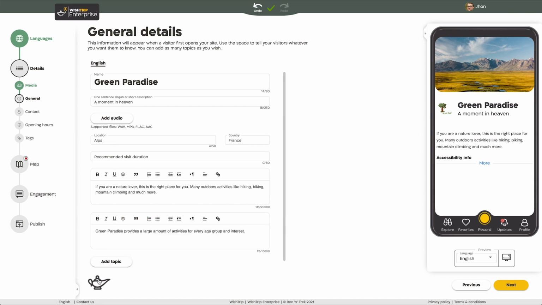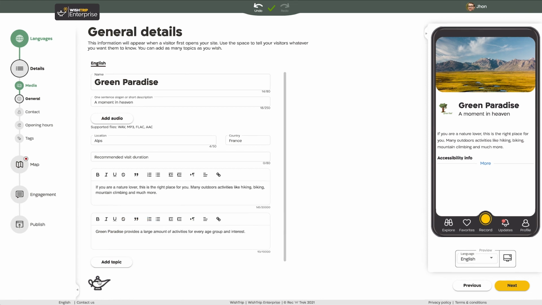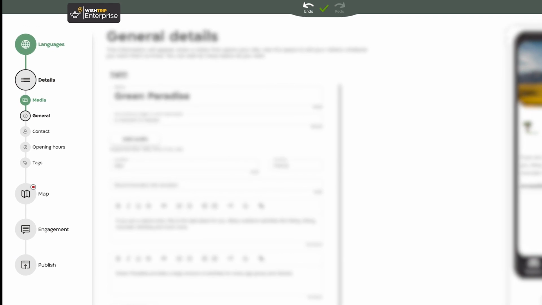A few useful things to notice before you begin. The menu bar on the left of the screen shows you what stage you're working on in the site builder and what you have coming up. When you've completed a stage, it appears green. A red dot indicates that a section is missing critical information or has incorrect information included. The stage that you're currently working on is indicated with a black border.